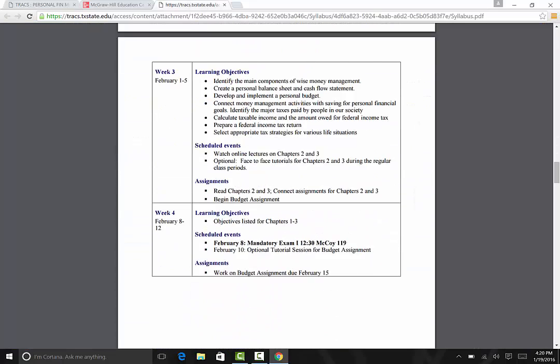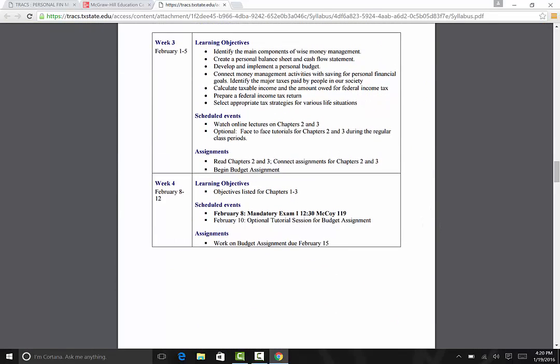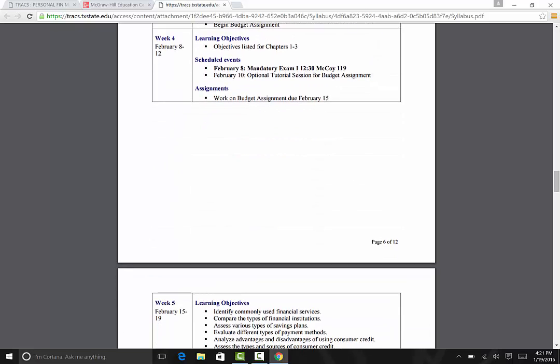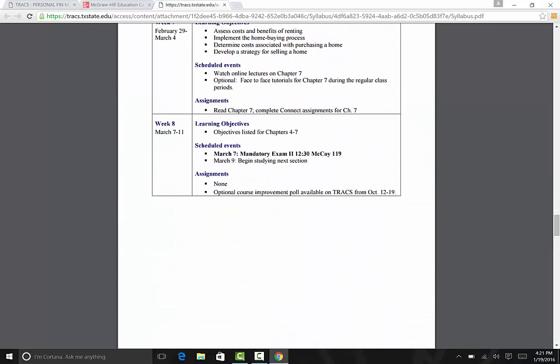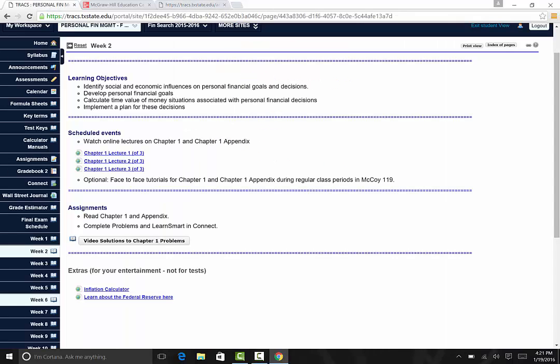Notice that your first test is week 4, February 8th, mandatory exam 1 at 12:30 in McCoy 119. February 10th, there's an optional tutorial session where we will discuss the budget assignment. So I'll come in and talk to you about the budget assignment, or maybe Matt will. Budget assignment is due February 15th, and so forth. So everywhere that you have a test is bolded on the syllabus, showing you March 7th you have a test, and so forth. You can also see that on the calendar,